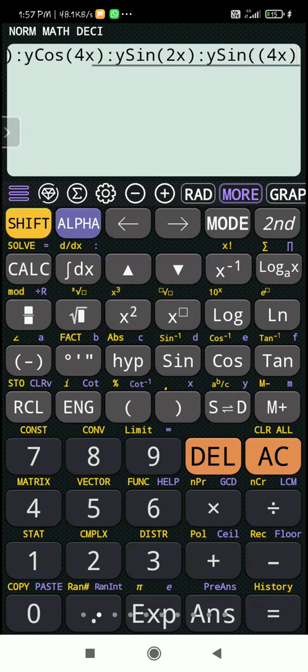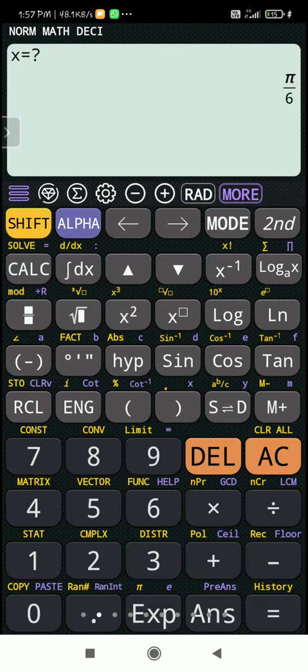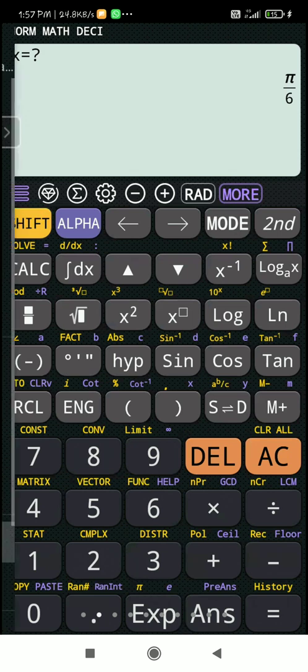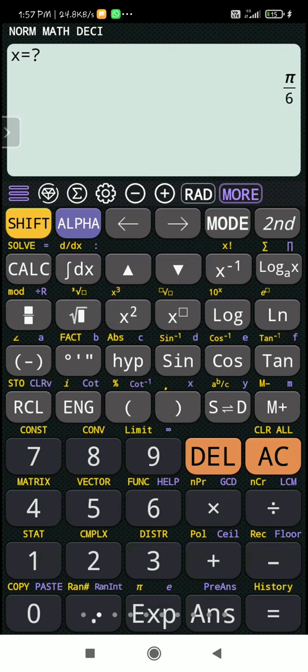Okay, once you are done with this, press the CALC key. Now you know that for x equal to 0, y is 0 and all the terms are 0. I will not do that calculation. For x equal to pi by 6, now it is already saved. But if you want to enter it, how to enter it? Shift pi.